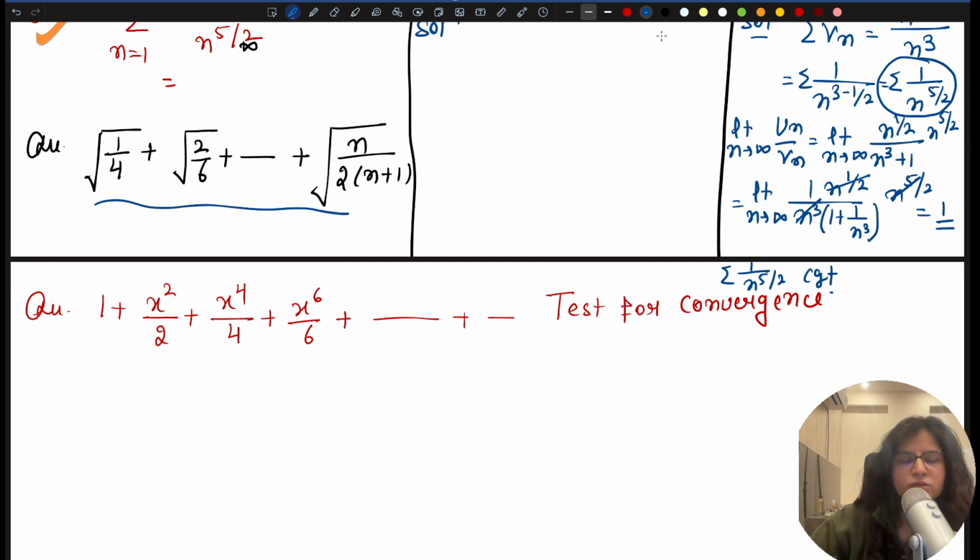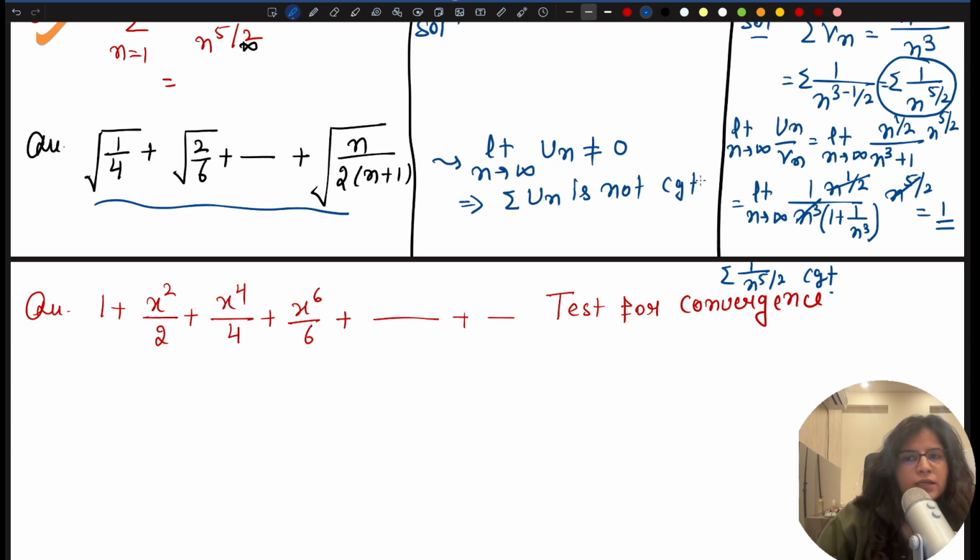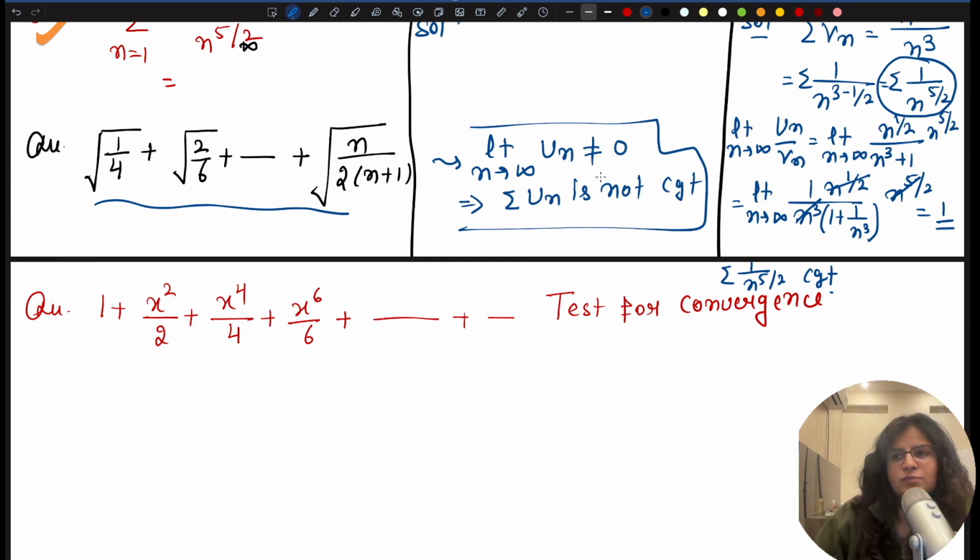इसमें जस्ट मैं आपको एक कॉन्सेप्ट बताना चाहती हूँ कि whenever limit n tends to infinite un is not equal to 0, then summation un is not convergent. Remember it, not convergent, है ना. और अगर ये 0 आ जाता है तो then you cannot say anything about the convergence or divergence. But if it comes out to be non-zero, then summation un is not convergent. This can be like very first test, basic test that you can use while checking convergence or divergence for the series. जैसे यहाँ पर है, here un is